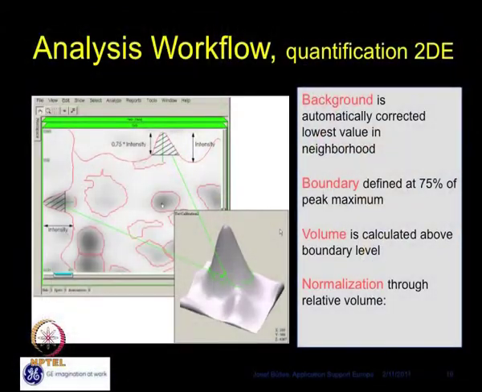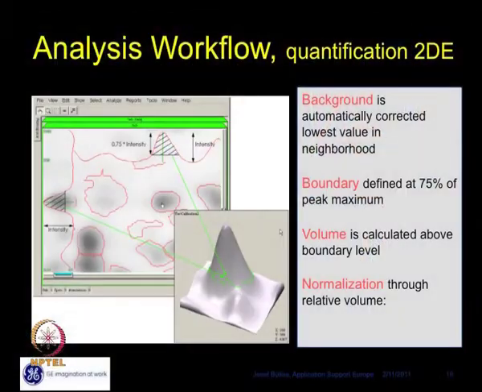So in the slide on the quantification of 2DE, the green circle is defining the spot boundary, which is just a little bit above the background. Exactly. Maybe it is covering almost 75% of the maximum peak of the whole spot. Yes, 75% of the peak maximum, because you will expect at least 15-20% to be background in the bottom part. So we can put this 75% for all spots, so nowhere will it affect your analysis, assuming that 20-25% is common background for all the spots. Right. That is what will be helpful.